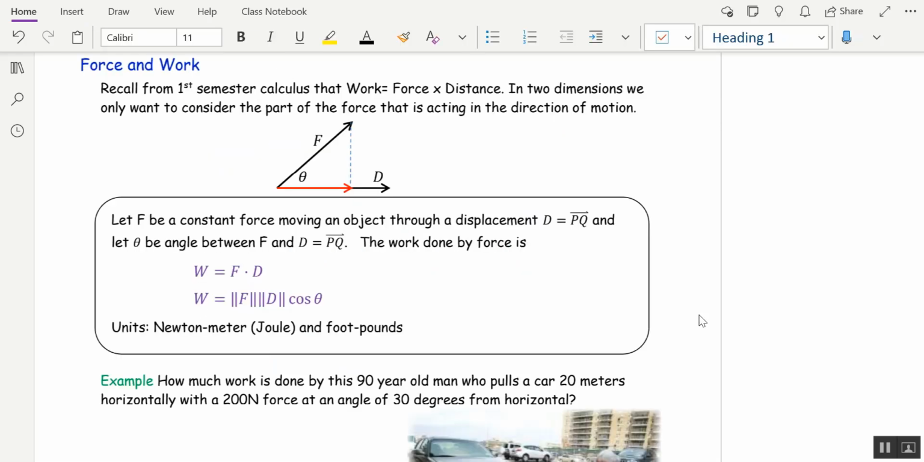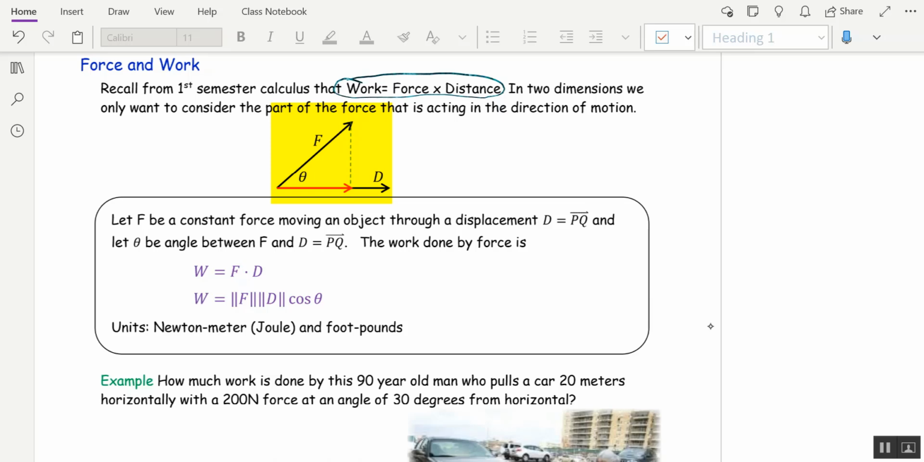Okay, let's finish up with a discussion about force and work. We know from physics and first semester calculus that work is force times distance if you're working in a line. Now, if you're working in 2D, you just need to be a little bit more clever about how you compute that number. So in my picture here, I only want the part of the force that's going in the direction